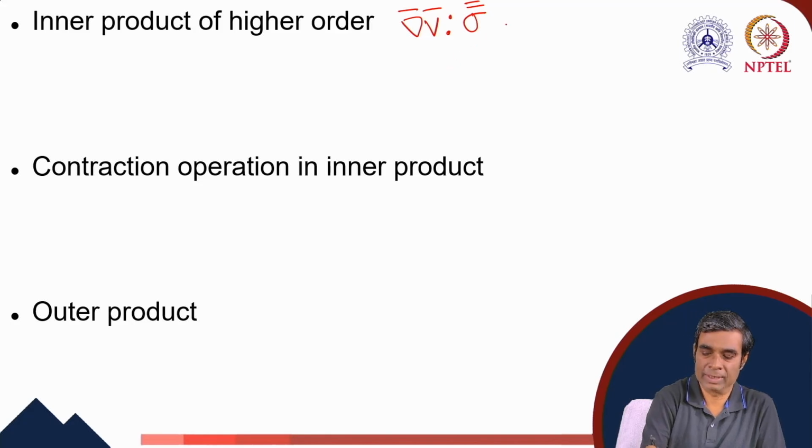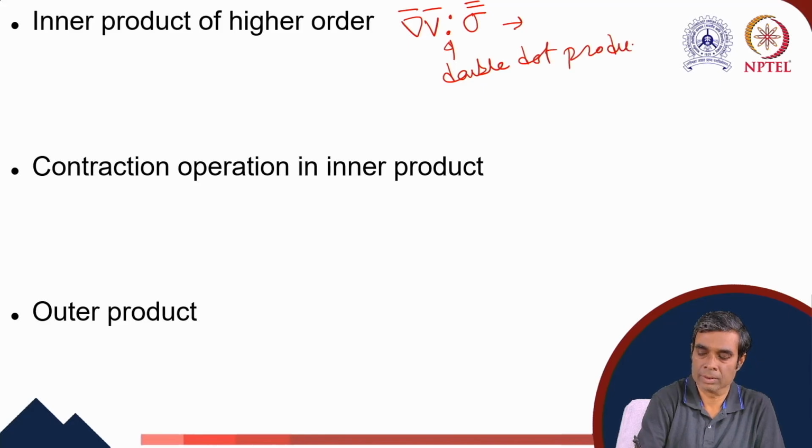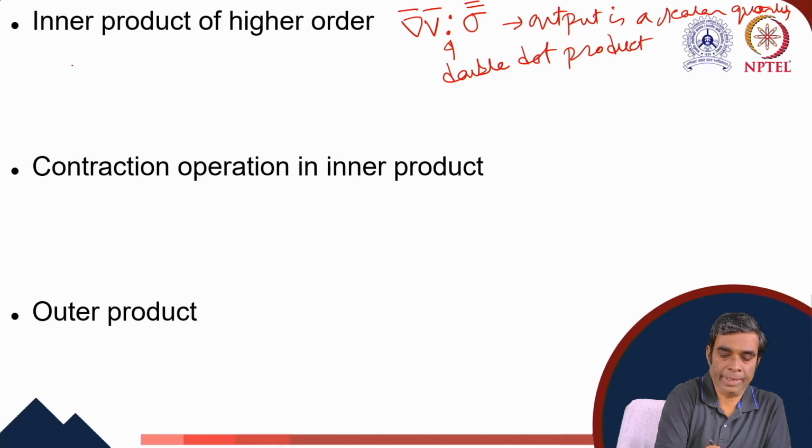So this gives us a scalar quantity. The output is a scalar quantity. So gradient of v